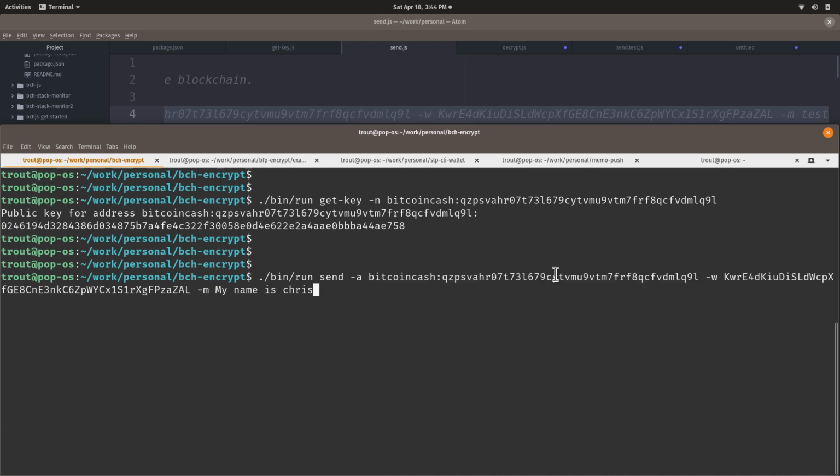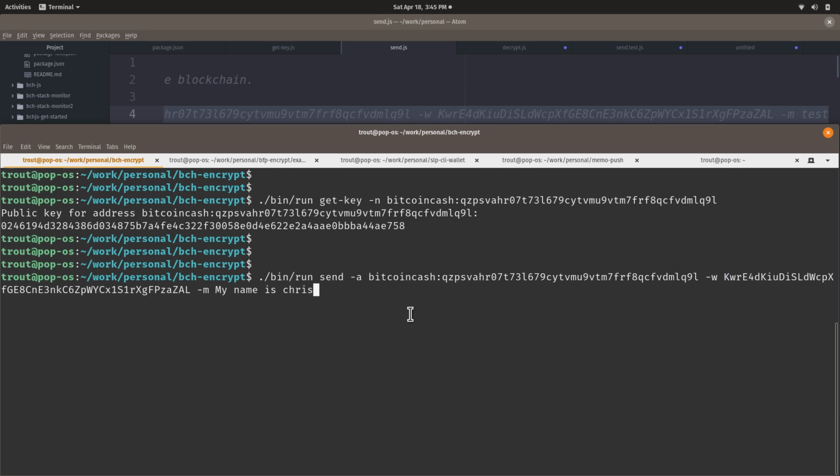The person who controls this address is the one who will be able to decrypt it, which is me. This is a WIF, essentially a private key. It's in base 58 format, one of the more common formats that you can export a private key into. If you go to memo.cash and into your account settings, you can get this WIF, this private key, and it's going to start with either a capital K or a capital L. That's how you know it's the right format of WIF.